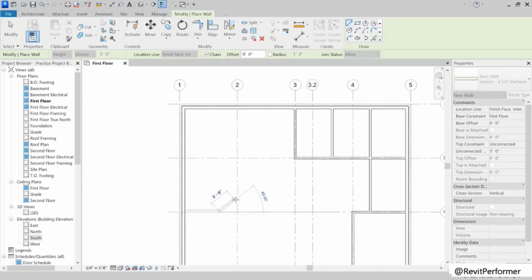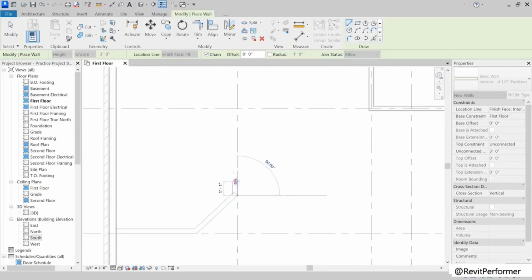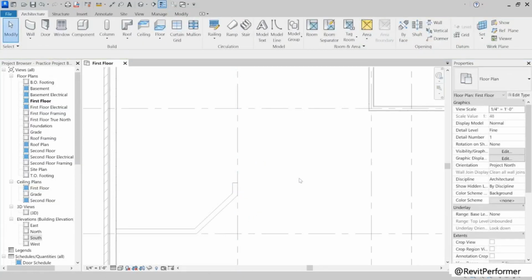I'm next going to do a 45-degree wall, and you'll see that it's showing it for me. I can actually change this to whatever I want, but you do have that option of doing that. And then I'm going to do another piece of a wall going straight up. And I now have a shorter knee wall in, if you will.